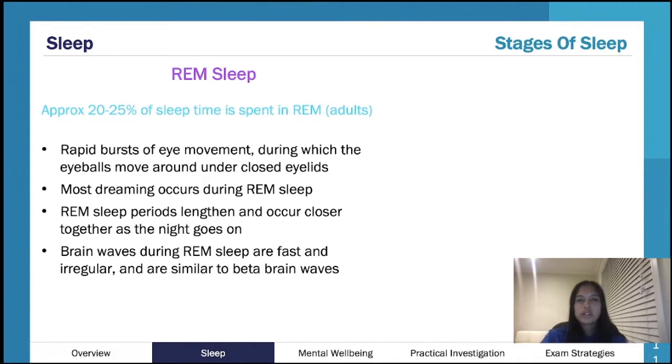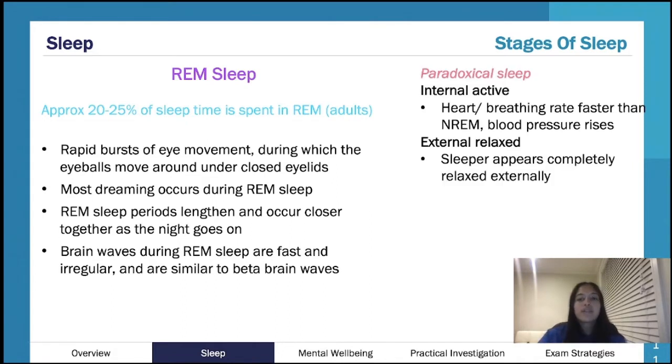So again, this is just more of an FYI, but you commonly come across it. And for that reason, we call REM sleep paradoxical sleep. It's a bit of a paradox because we see the brain or the body working a little bit faster or being a little bit more active. But in REM sleep, you're ultimately paralyzed, you don't really move, compared to deep sleep, where you might toss and turn. In REM sleep, you don't really move at all.